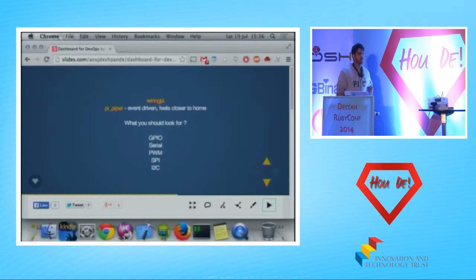If you are looking for a library to use with the Raspberry Pi, or if you are thinking of writing your own, which is actually a great thing to do if you really want to learn how the hardware works, you have to look at the following five things. Whether it has support for GPIO, which all the libraries have, support for serial, which some libraries have, support for PWM, and support for SPI and I2C. These are the things you have to take care of while writing, because once you have this, you have complete control over all the pins on the Raspberry Pi in different forms, not just general purpose input output.